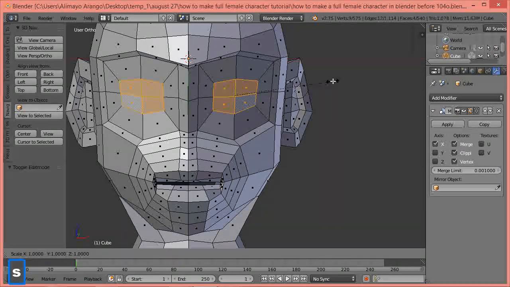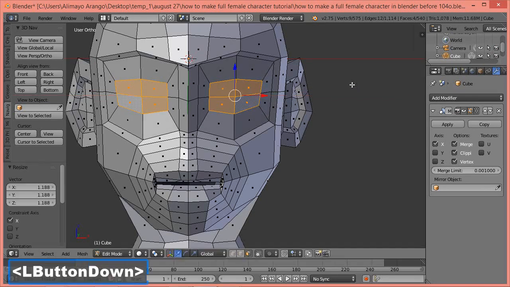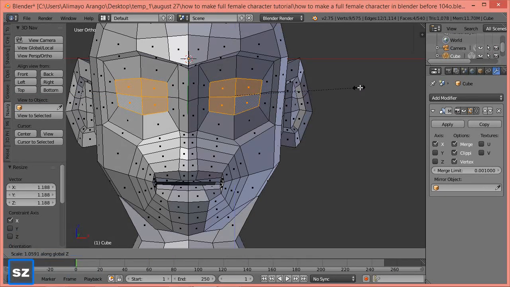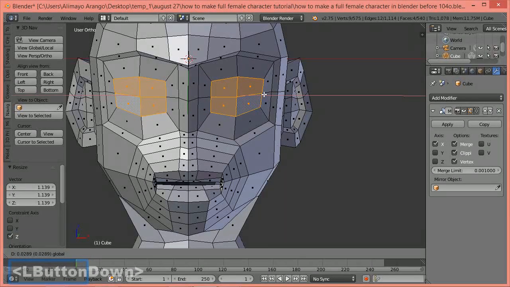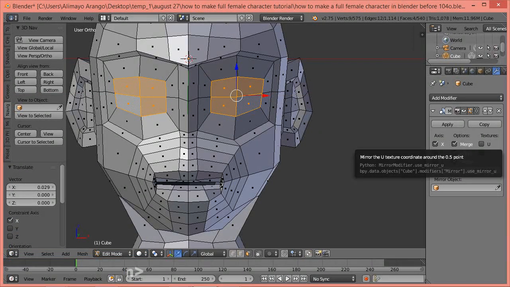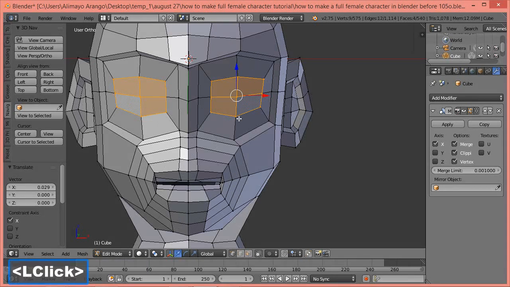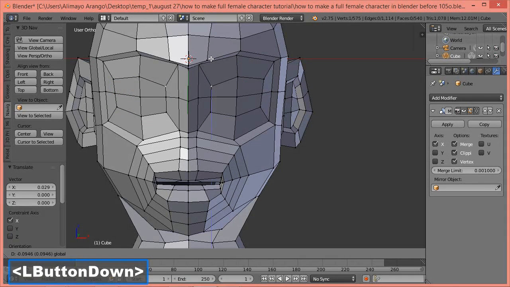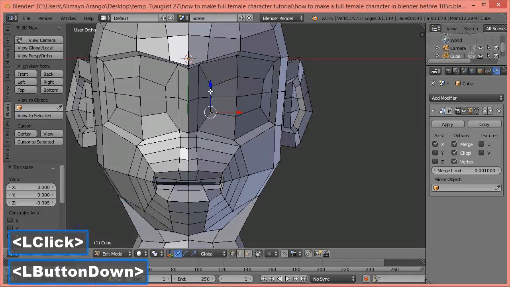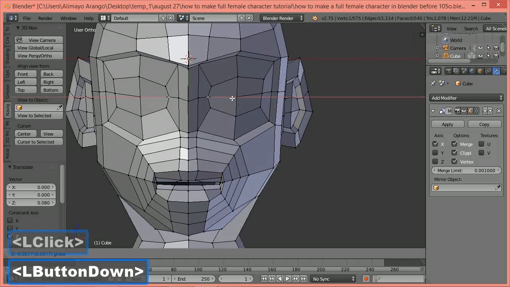Okay, I'm going to press S to scale on the X axis. I'm going to press S to scale on the Z axis just slightly. Then I'm going to take the manipulator and pull to the side just slightly. Okay, now I'm going to go to vertice select. I'm going to push down right here some. Push up here,